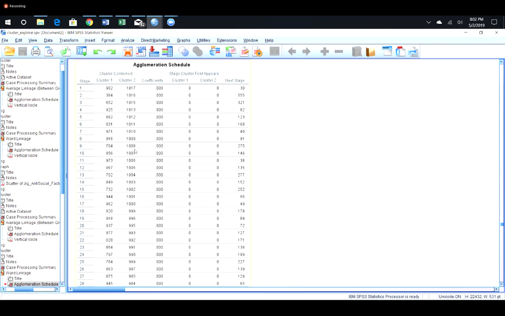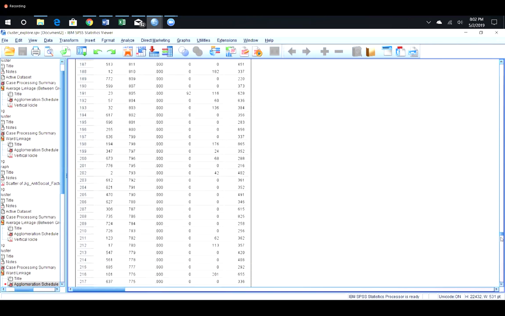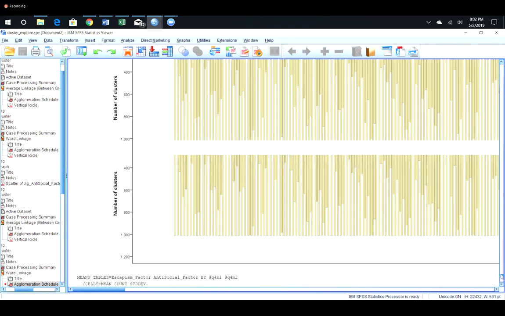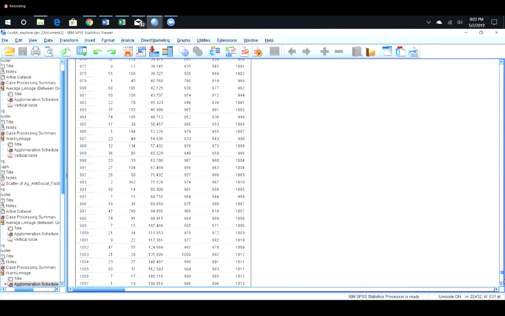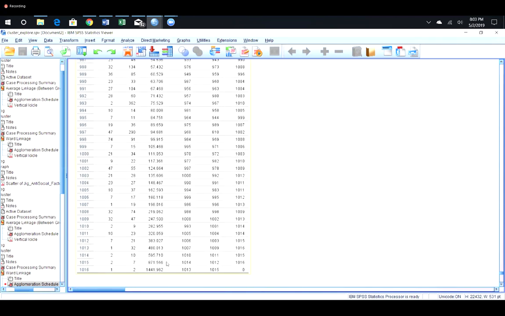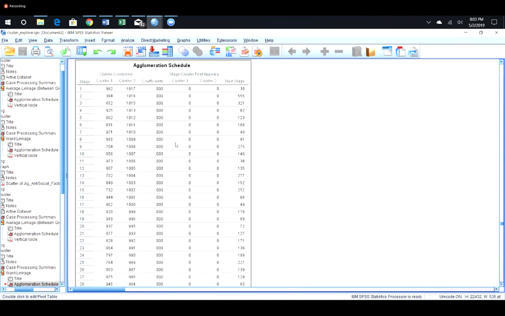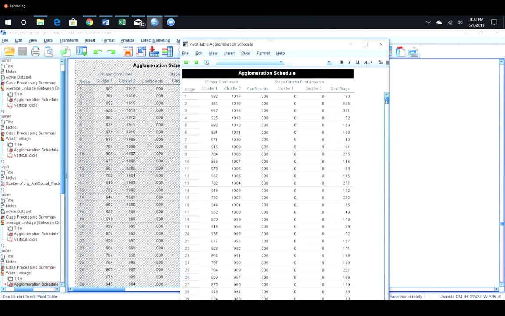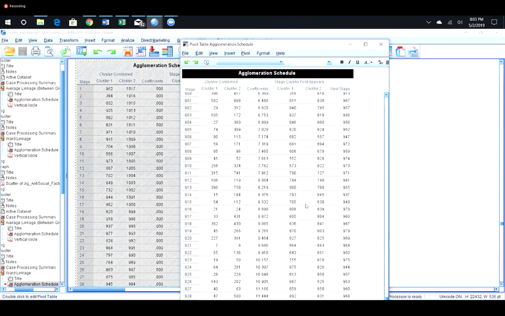So here's an agglomeration schedule for a hierarchical cluster that I ran. Let me go down to the bottom of it. Remember that these are the distances between the clusters that were joined on each stage. Big jump going from 2 clusters to 1. What I'm going to do is copy a portion of the agglomeration schedule. So I'll activate the chart by,